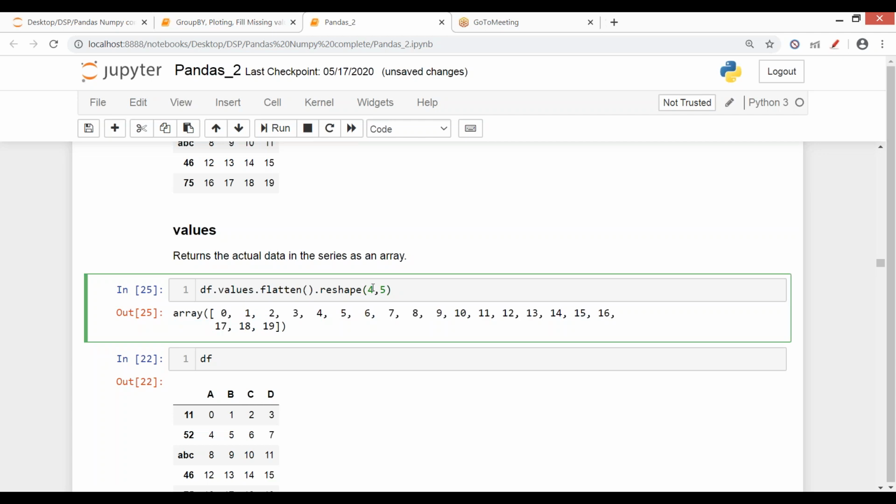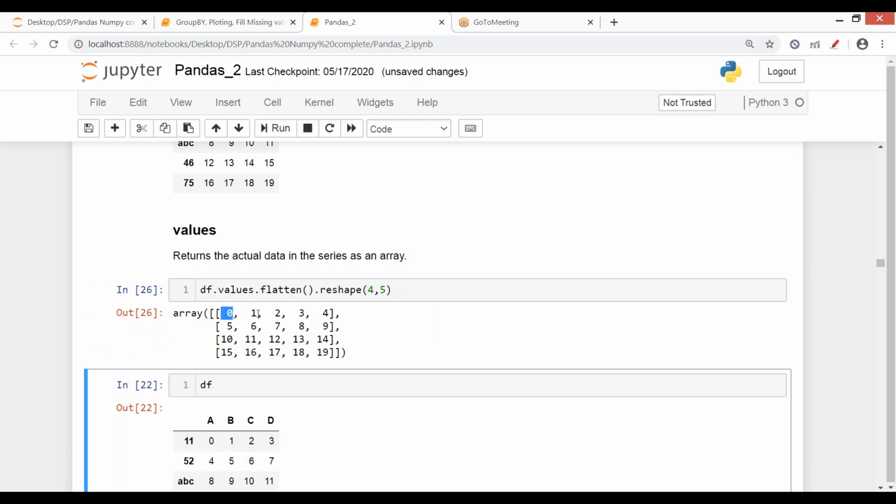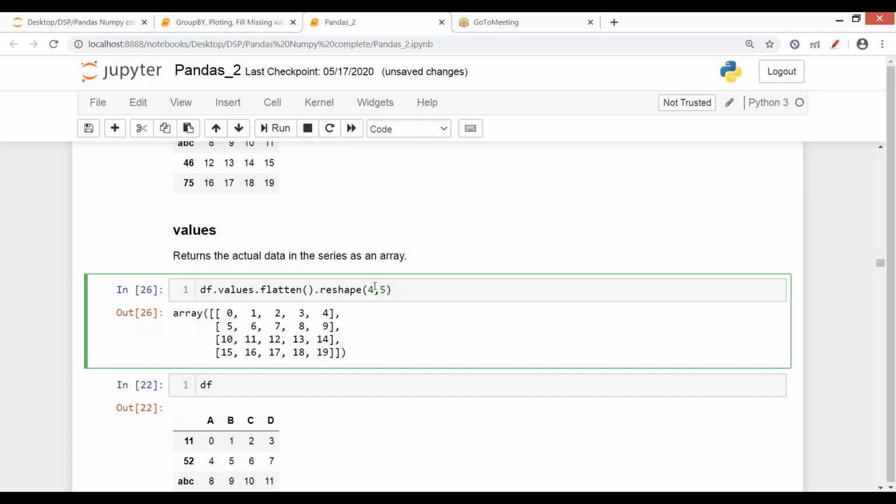Since we have 20, 4 cross 5 will work. Now we have 4 rows and 5 columns. Any confusion now?